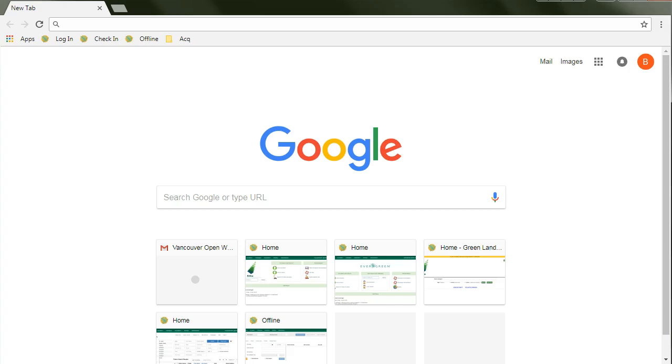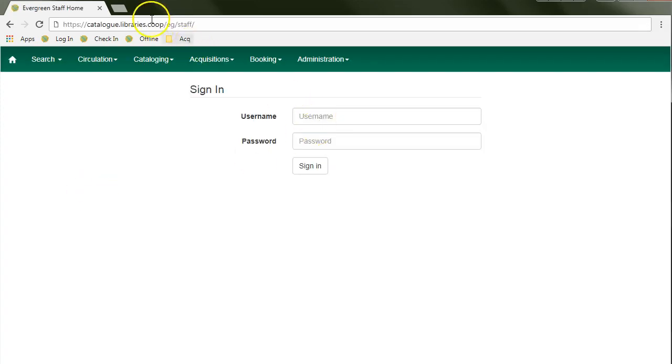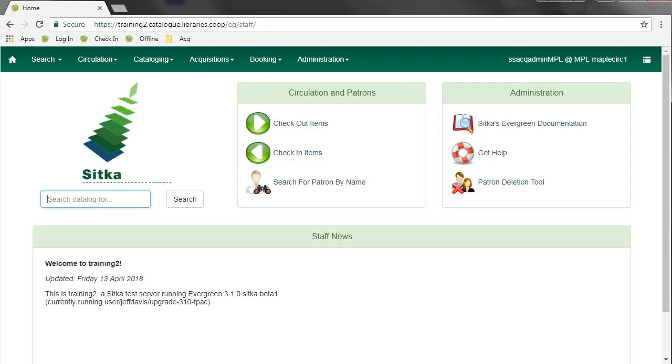You must use Chrome to log into Evergreen, so make sure you have Chrome installed on all of your staff computers. In Google Chrome, you will navigate to Sitka's Evergreen login page. The new web client looks and functions much like the old staff client. Menus and some workflows are consistent with prior versions. You will notice changes to cataloging procedures and local preferences configuration, plus modern browser functionality, which is incorporated into all